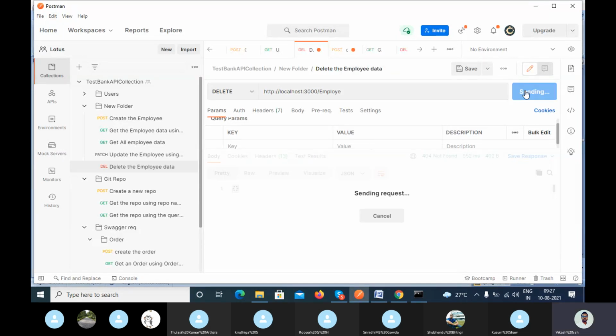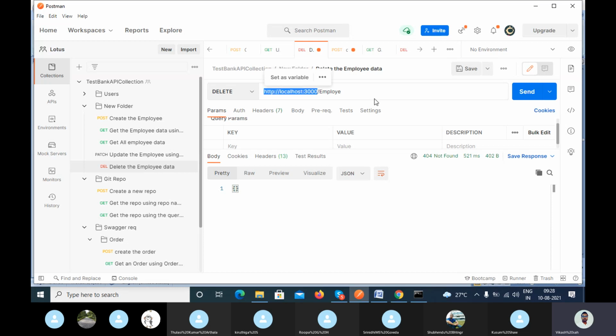404 not found. Clear? Let's suppose here I have passed the wrong resource name. I have removed the last letters. Here I have passed the wrong resource name, so the request will go to the server and the server will try to find this particular resource.